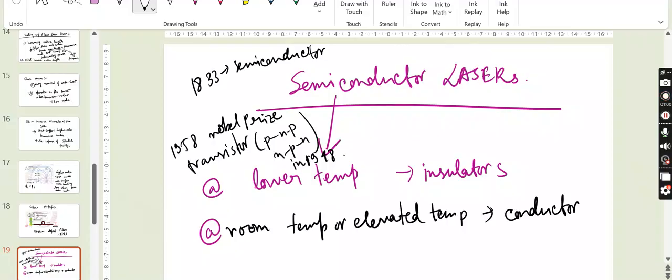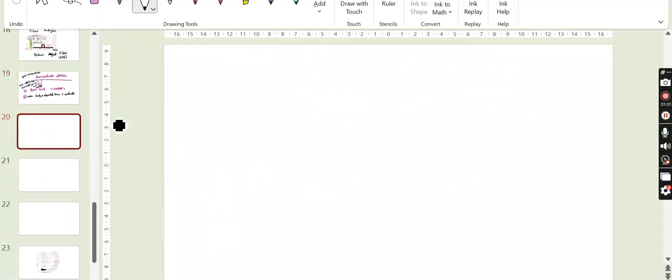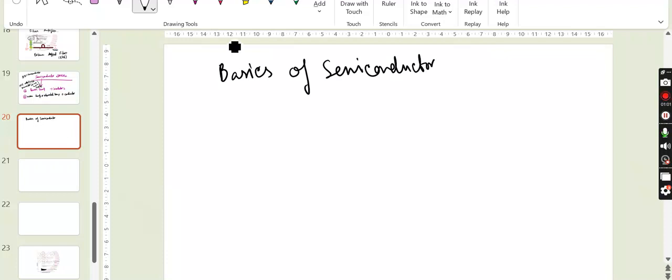So, before we go into the semiconductor lasers, we should know about the basics of semiconductor physics. Some of you may know that, but again, for the sake of completeness of the course,